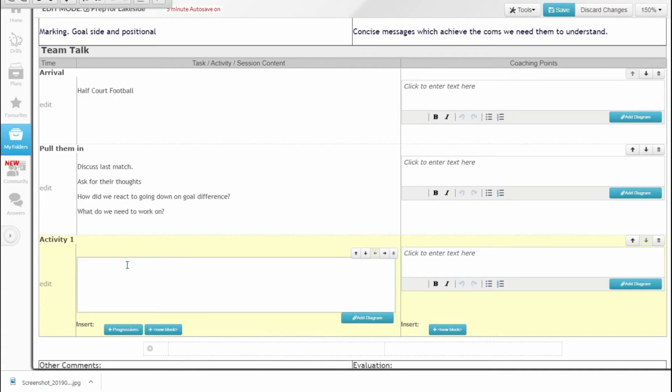So here I want to get across the idea of how we mark a goal side and stay in our positions. So I think that to begin with, it's going to be better off if we play with ball in hand. So handball, and then move into football for a bit of fun. Score,